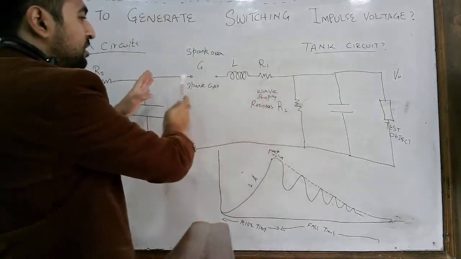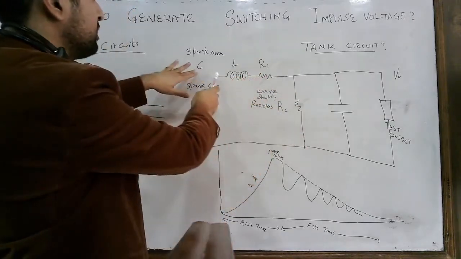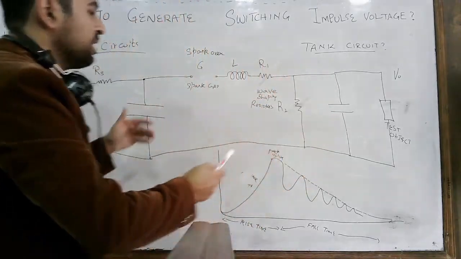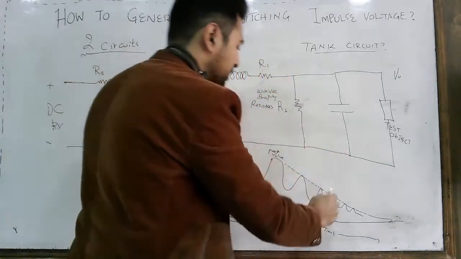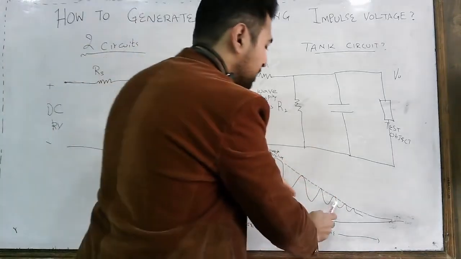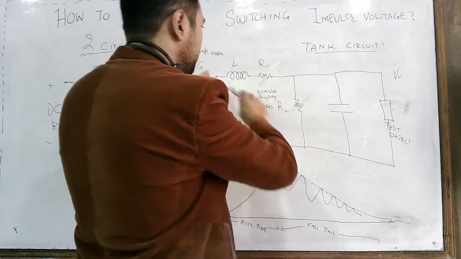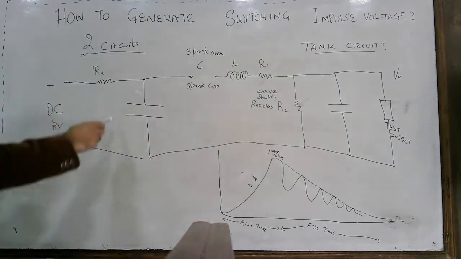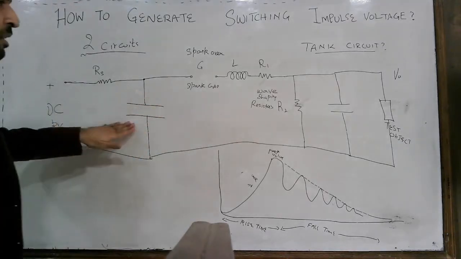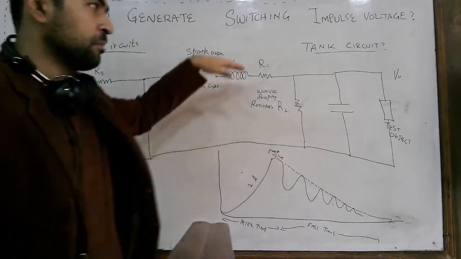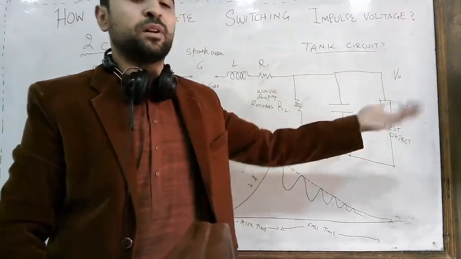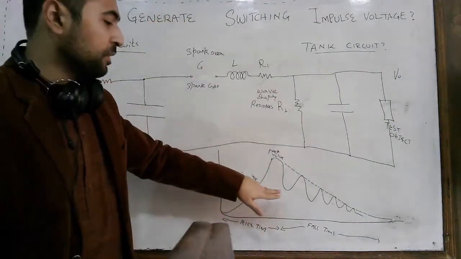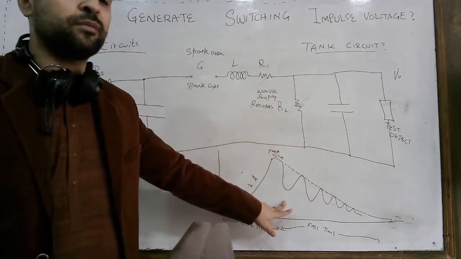become in parallel when there is a spark over. When there is a spark over, this inductor and this capacitor are in parallel. So again, due to the spark over, we observe this peak. In the next spark over, we observe this peak. So until there is no more capability of the spark over, next time this capacitor comes into action and provides the spark over, and again a new impulse voltage appears. So if you want a switching impulse voltage of this type, an oscillatory waveform,